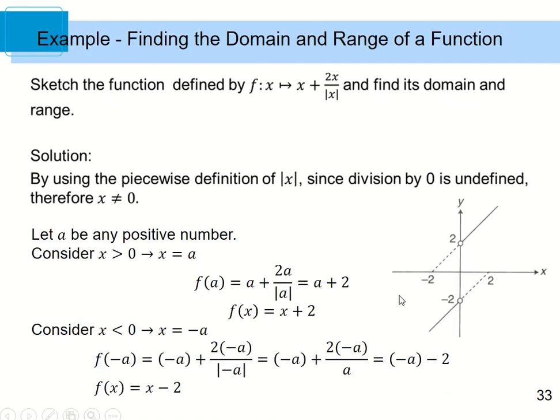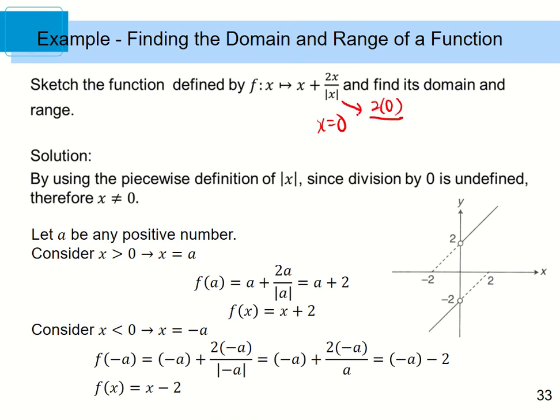Okay, so let's take a look at an example. Now we have this function. It looks complicated. We need to find the domain and range. First, by using the piecewise definition for absolute x, we note that division by 0 is undefined. So when x is 0, this part becomes